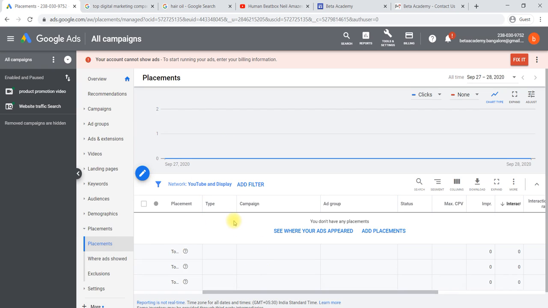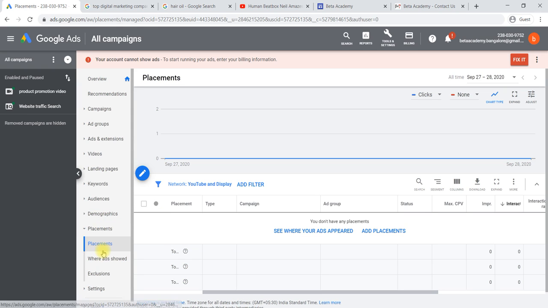Once you have run a campaign for this particular ad, you will come to know where your ads have been shown. You can pause those placements, in the sense those platforms where Google has shown them, by selecting here. You can also manually say don't show on that particular platform.